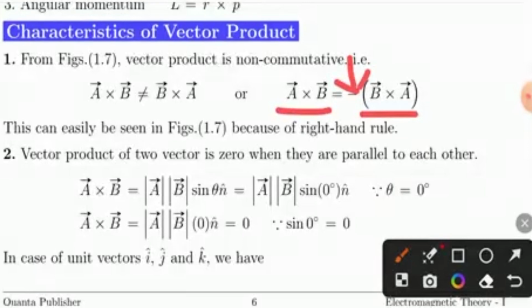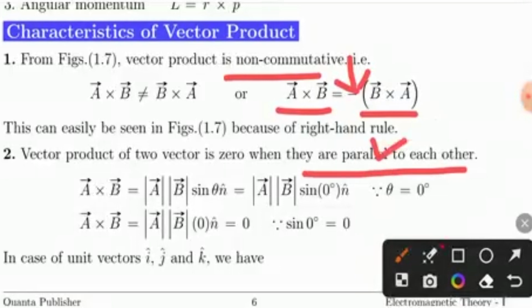So we can say that the vector product is non-commutative. And the second property: when the two vectors are parallel to each other, in the parallel condition the angle between the two vectors is equal to 0. So by using this condition, we can write A cross B is equal to AB sine of theta